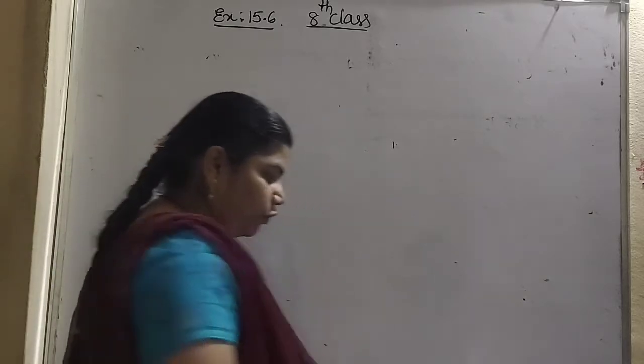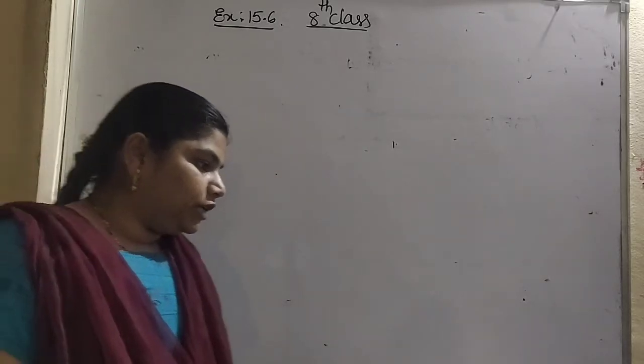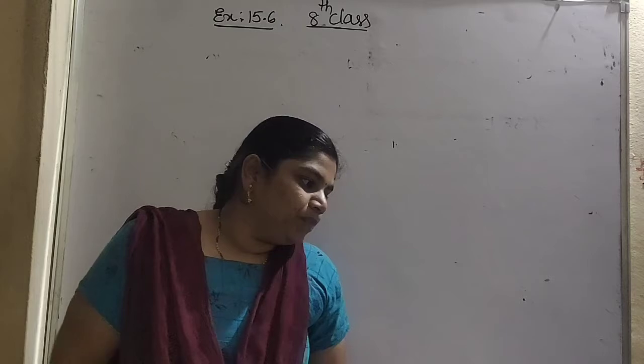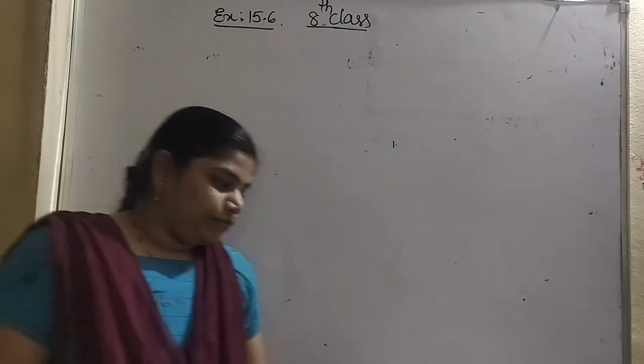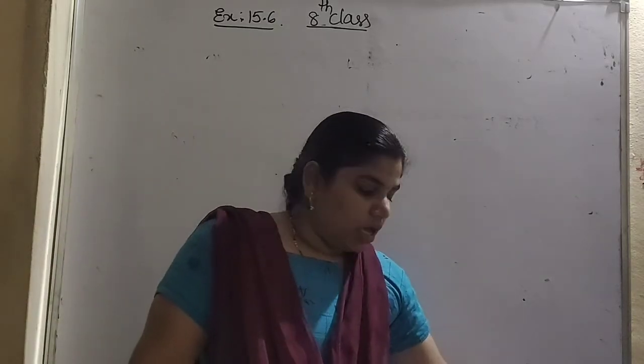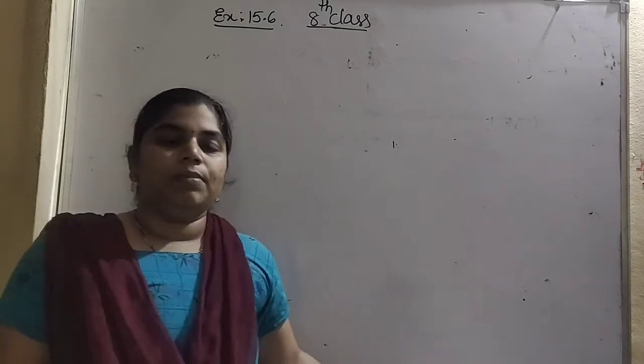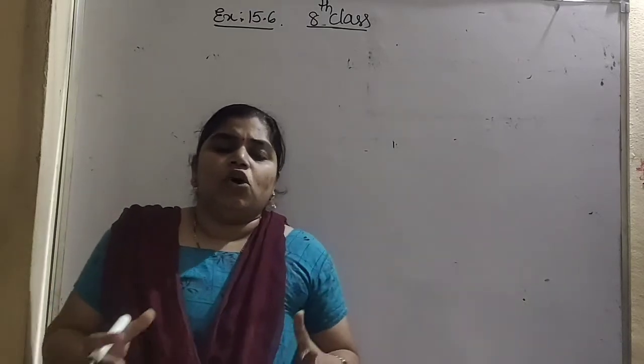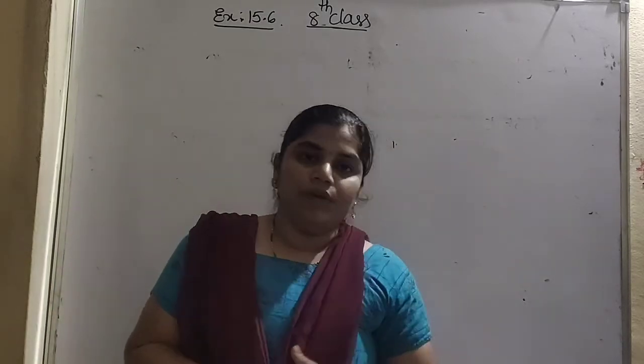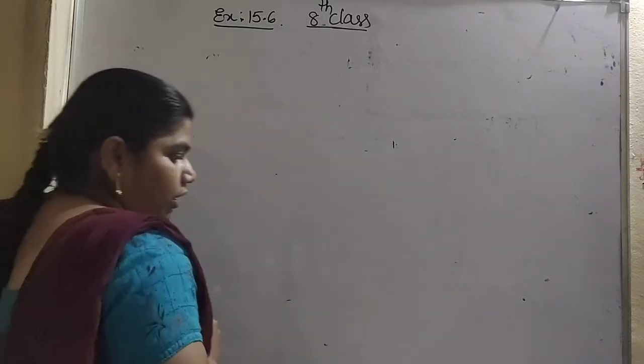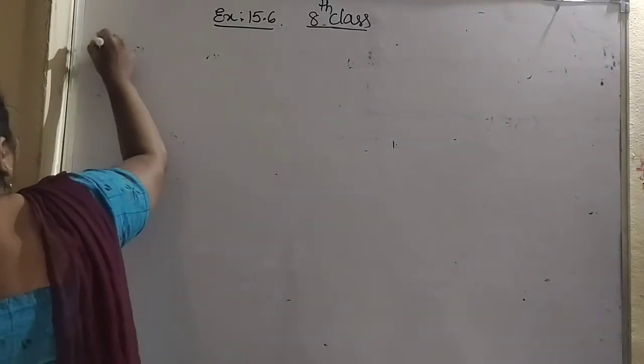So what is the second question? Find the sum of integers which are divisible by 2 from 11 to 50. So from 11 to 50, what are the numbers which are divisible by 2, and if you add all those numbers, how much value will we get, we have to find. So here what is the question? Second question is